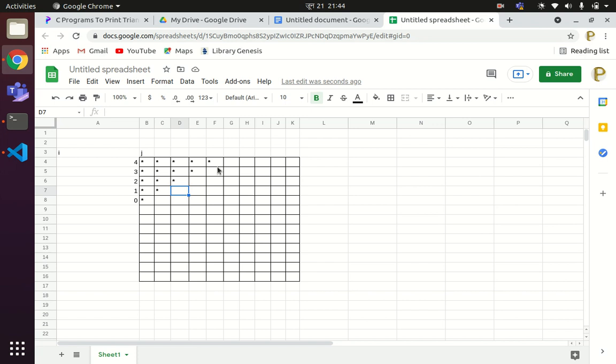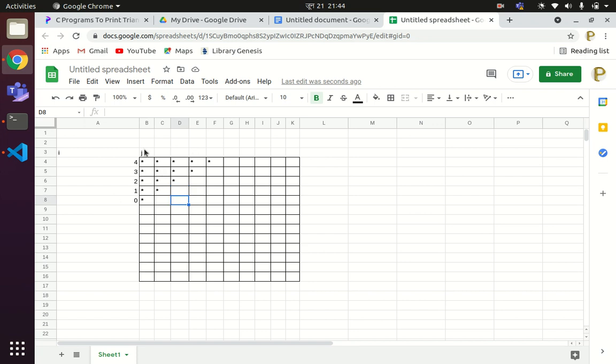For row number 3, it should execute how many times? I plus 1 times. For row number 2, for the value of I equal to 2, it should execute how many times? Again I plus 1 times. For I equal to 1, it should execute again 1 plus 1, meaning 2 times. For I equal to 0, it should be executed how many times? 0 plus 1, 1 time. So we'll be using the same logic to implement this concept.